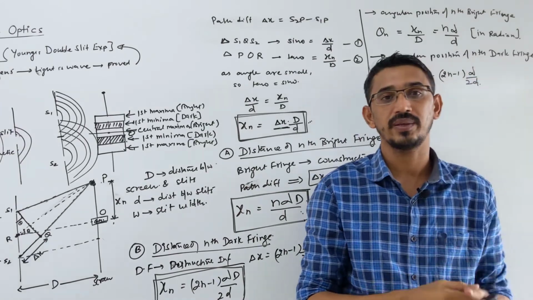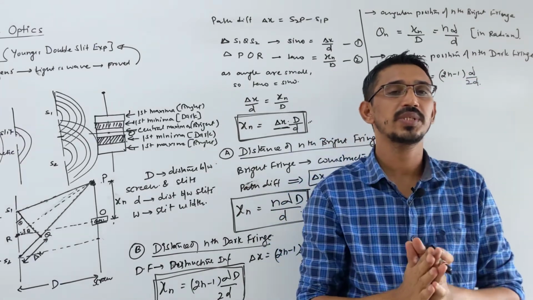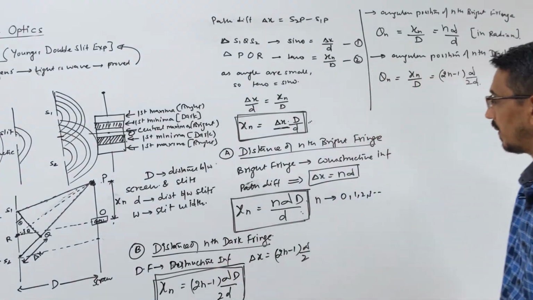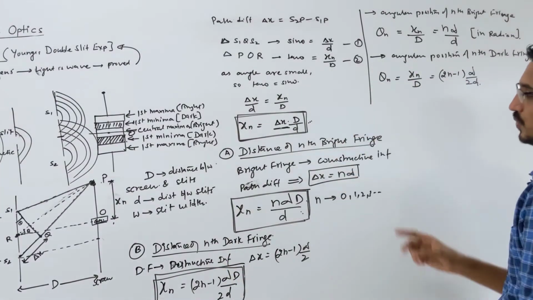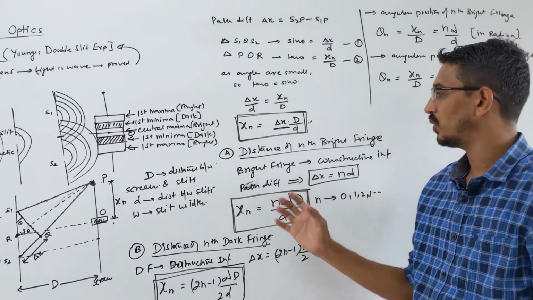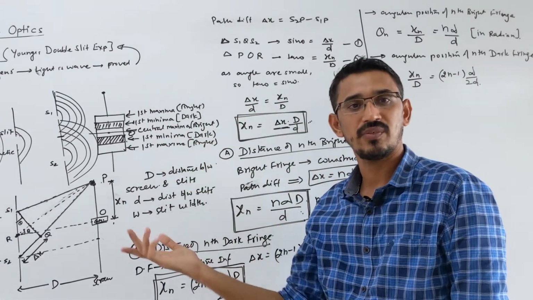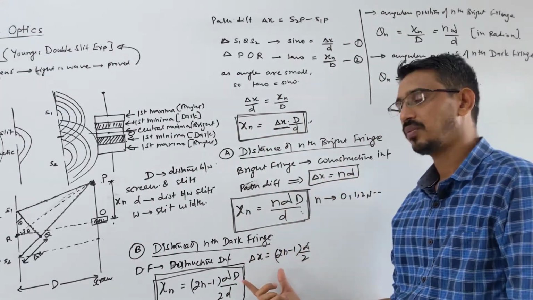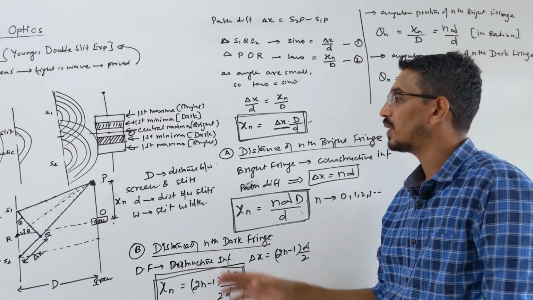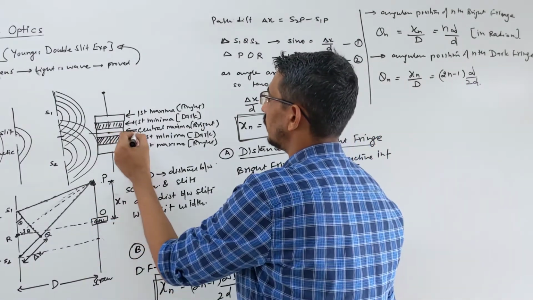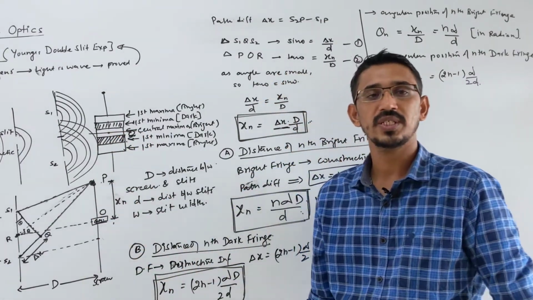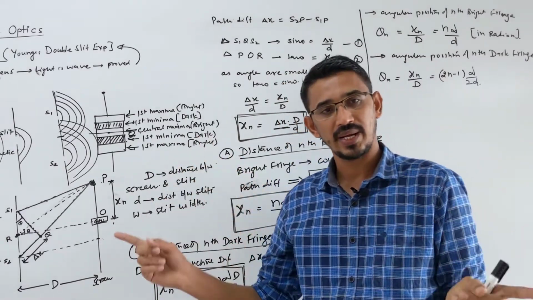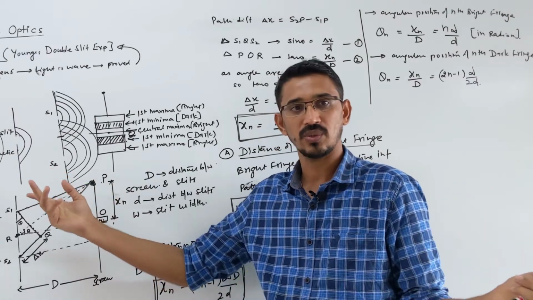because this angular position will be very important when we talk about the diffraction pattern. There are generally 99% of questions that they ask in terms of either angular position or angular width of the fringe. So these are the first two general questions we have done: how to find the position of the nth bright fringe and nth dark fringe. We find simply the path difference and put the constructive and destructive conditions, and we get these answers. And you understood that fringe number 0, which is always a bright fringe, is called the central maxima. After that we have first dark, first bright, second dark, second bright, and it goes on.